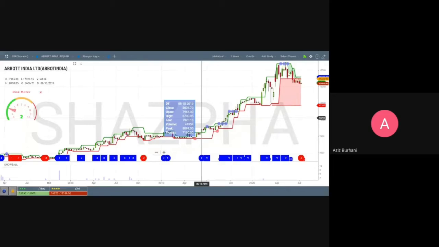That does not mean that you are supposed to exit at 7160. When we say your stop loss is 7160, that means whenever the price goes below 7160, you are supposed to exit. Again, how much? There is nothing called how much. The moment it breaks 7160, you can sell at 7159.50, just get out. You can sell at 7159, exit. You can sell at 7158, exit. It's as simple as that.